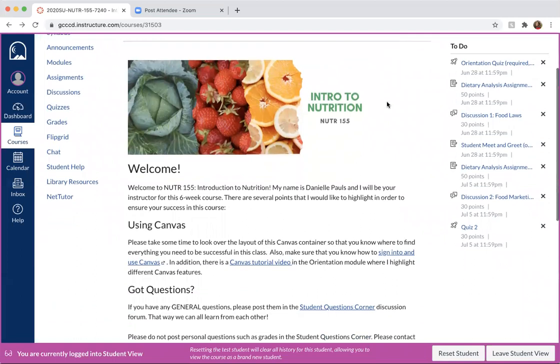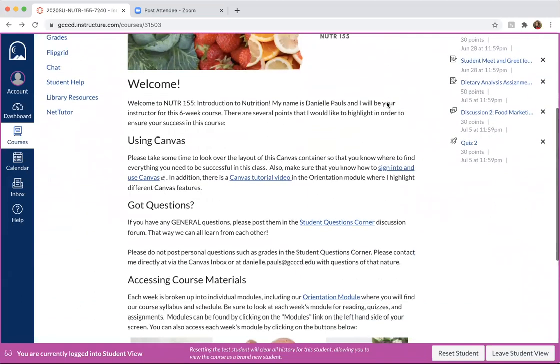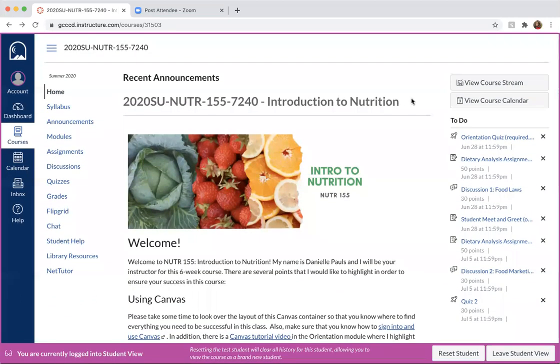This has some basic information about our course. One thing I do want to note about the homepage is that there's a to-do list on the right-hand side. So you'll see a list of assignments that, in this case, are due this week, and then the ones that are due next week as well. And you can tell by the different icons what kind of assignments you'll have. So the rocket ship indicates a quiz, paper and pencil indicates an assignment, and then the two dialog boxes indicates